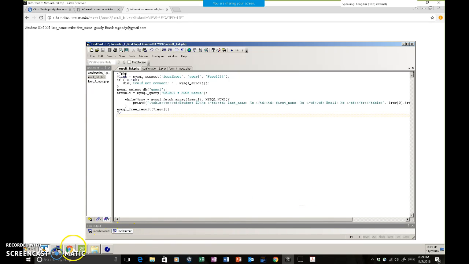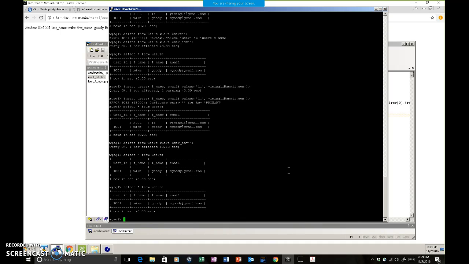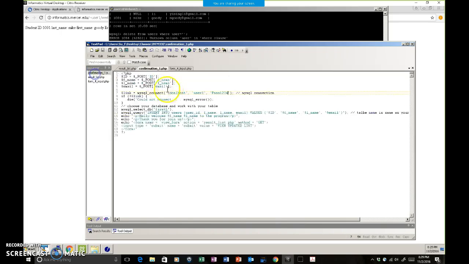Now I'm going to go to my database to see if I have it. Okay, the record didn't successfully insert apparently. So I have to go back to confirmation to see if the record is inserted into users. Okay, user ID, first name, last name, and email, and dollar sign